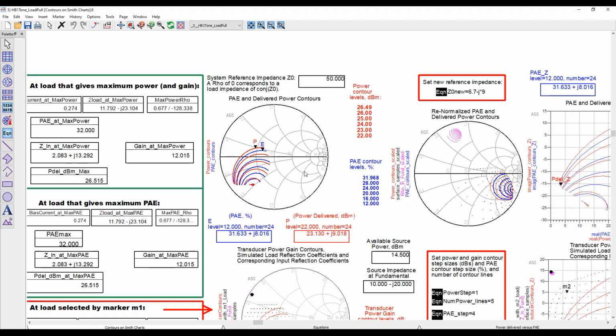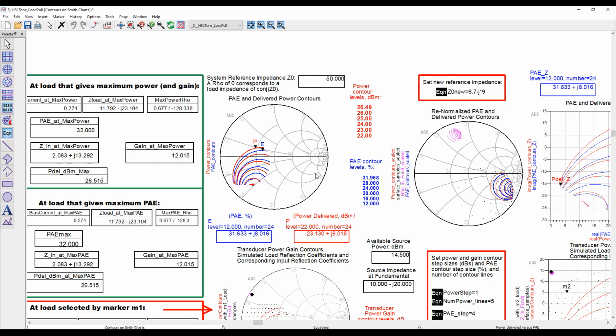This is the PA output power and PAE contour. As you guys can see, we have not obtained the optimum power and PAE contours here. How do we know if we have obtained the optimum power and PAE contours? If we obtained optimum contour, we would see a small circle in the middle of the power and PAE contours. This small circle indicates the peak power and peak PAE. The rest of the circles in the contour will be centered around this small circle.